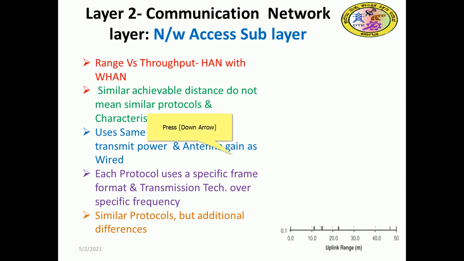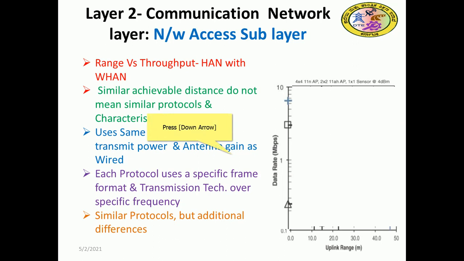So let us see that range. The plot is going to be shown in the subsequent slide. Before that, the x-axis is the uplink range, and the y-axis is the data rate, the transmission rate in terms of megabits per second. Here we are going to exercise some technologies. That transmission technology may be